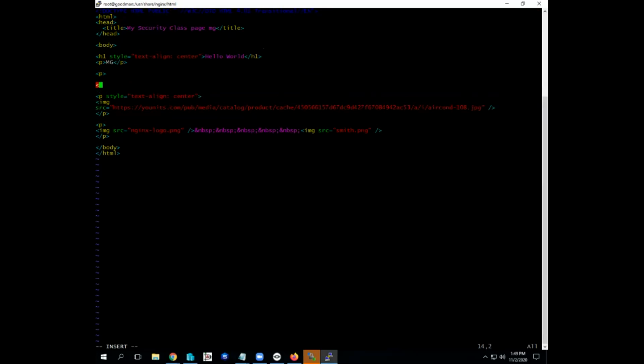Paragraph tag, close paragraph tag, a reference tag. I'm going to create an href tag and write in www.asub.edu, but I'm going to point it at